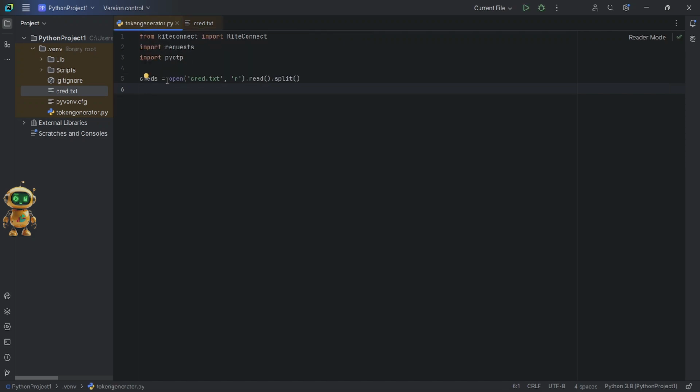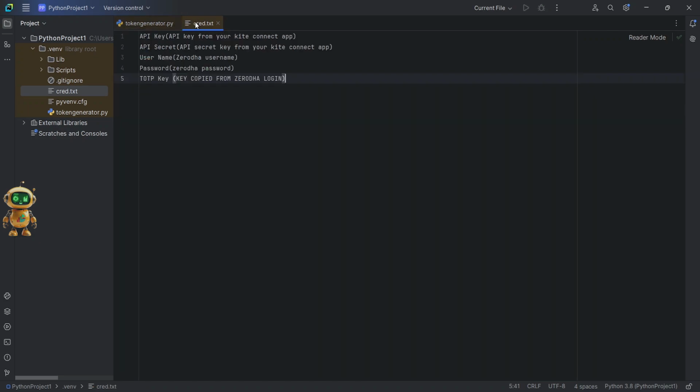Now we will read the contents of the credentials file to a list. Now we will create a session object. Then create a dictionary login_payload with key user_ID with the value of third item in credentials file and a key password with fourth item in credentials file.